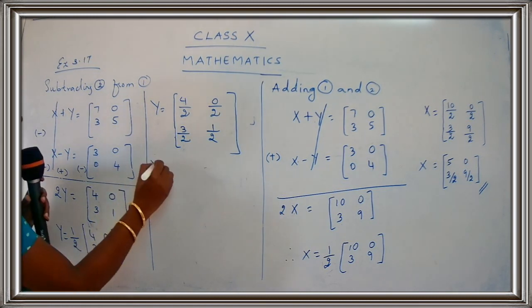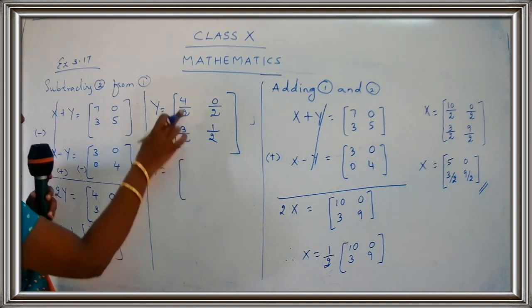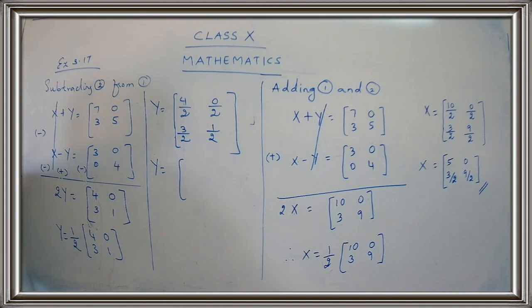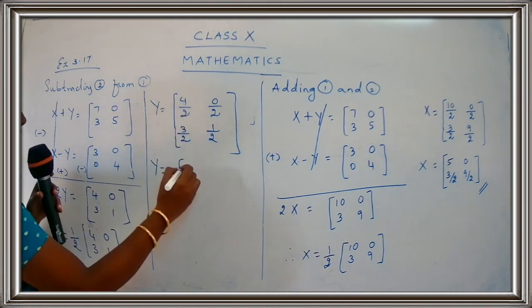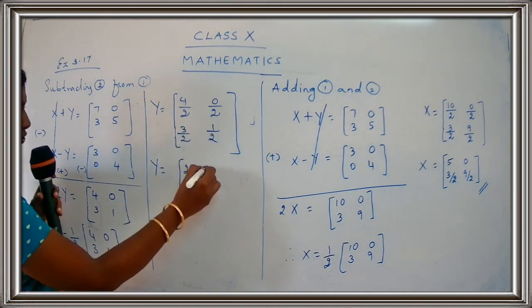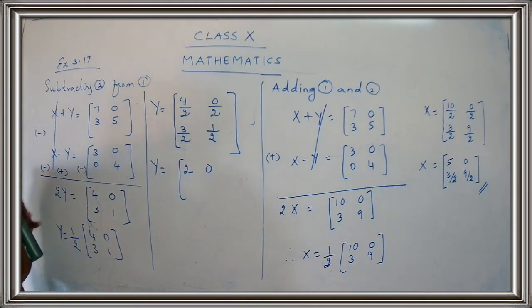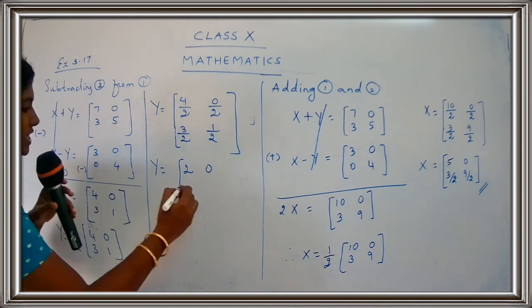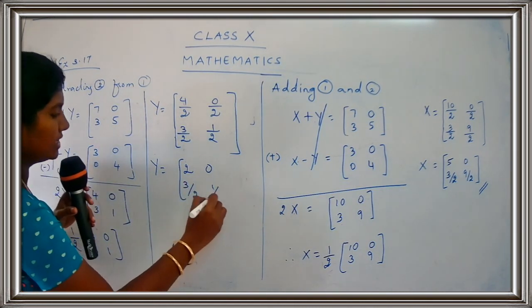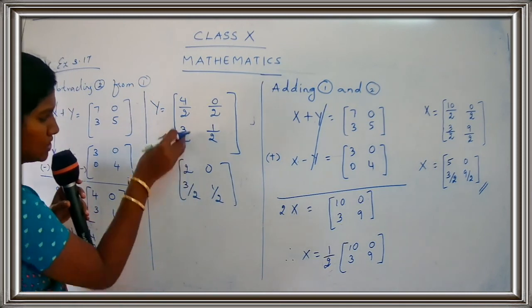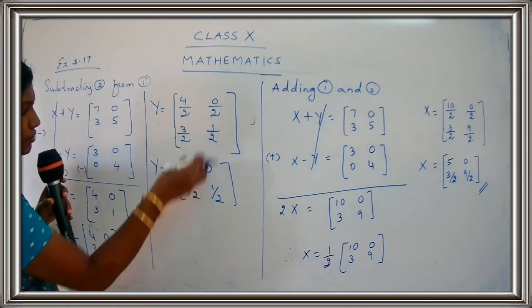Now you have to do the simplification wherever it's possible. So 4 upon 2, yes, 2. 2 2s are 4. 0. No need to convert in terms of decimal. You just keep the numbers as a fraction. So you get here 3 by 2 and you get here 1 by 2. The same number. I am just copying the same numbers. 3 by 2 and 1 by 2.